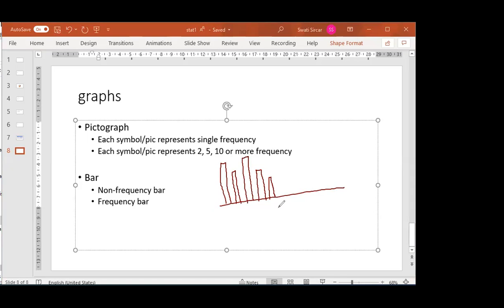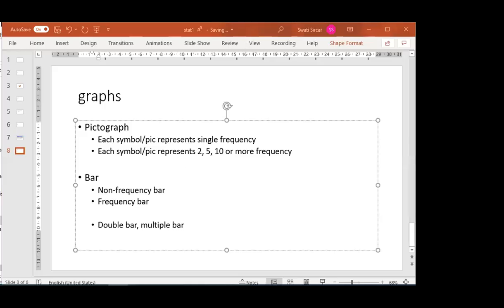But they are also useful. You can find out various things from that, and in terms of bar reading skill, all of that can be done. The other one is the usual frequency bar. Then there are two other kinds of bar, other than the regular one: the double bar and the multiple bar, which looks like,